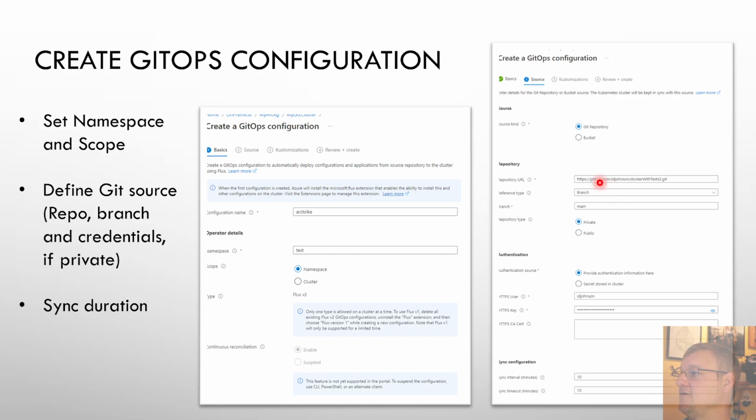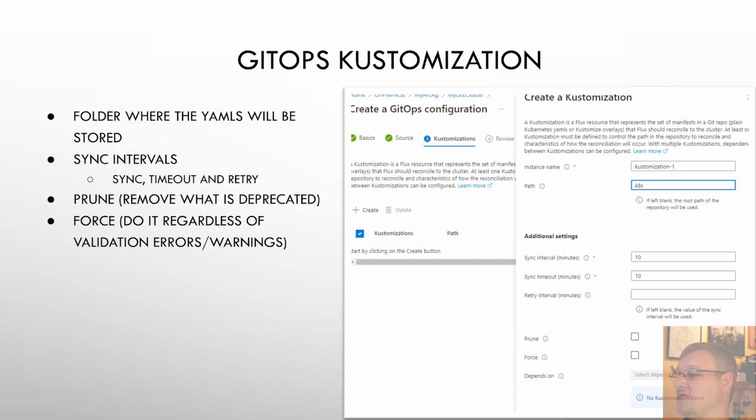And then we got to say the repo. So we have the repo, the branch, and the main. Now I tried public at first. It should have worked because it is a public GitHub repo. It just wouldn't. So I ended up going back to using my username and my GitHub token to access the